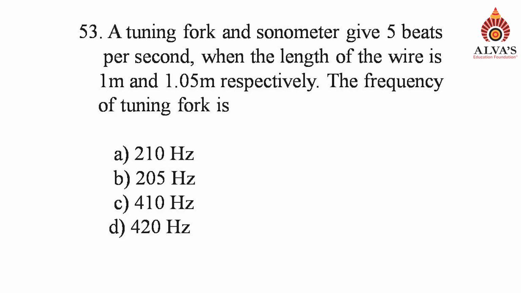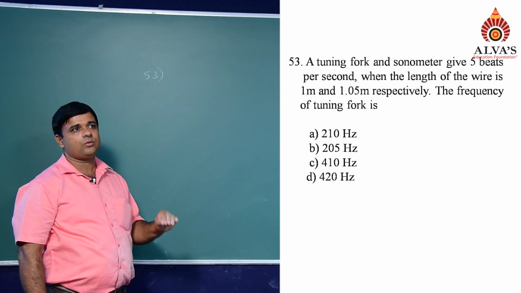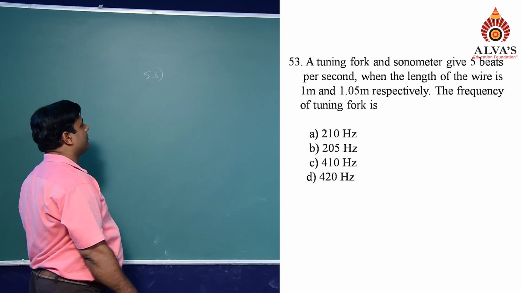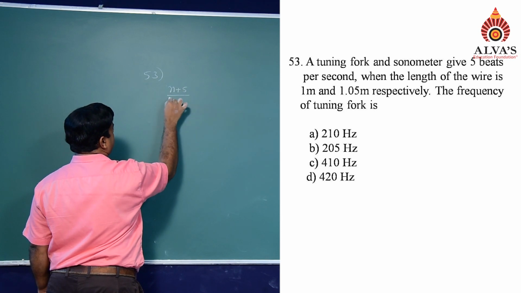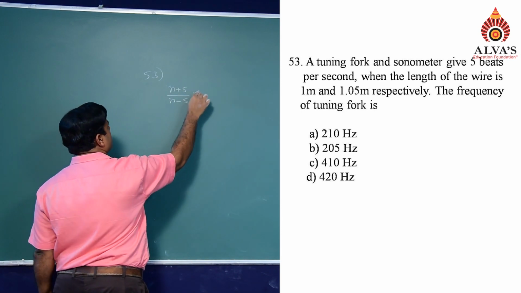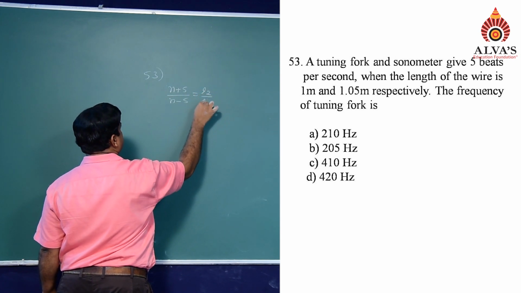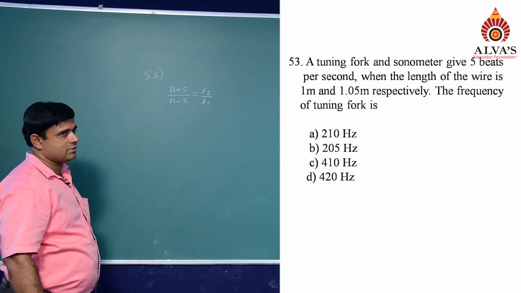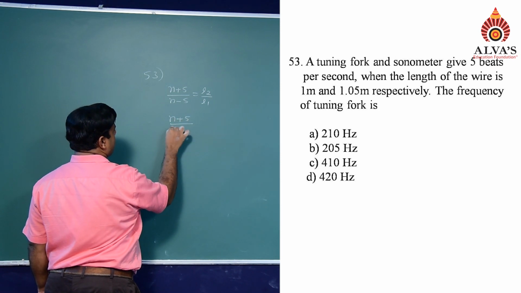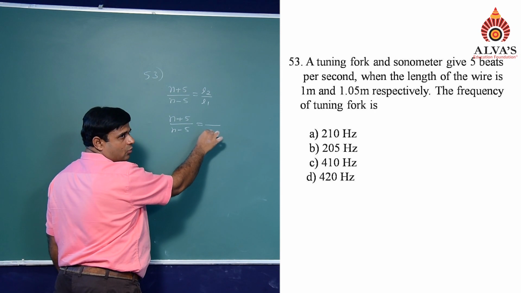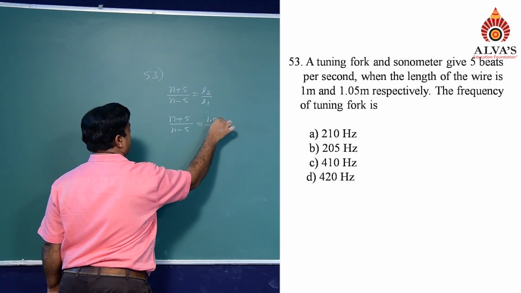A tuning fork and sonometer give 5 beats per second when the length of the wire is 1 meter and 1.05 meter respectively. The frequency of tuning fork is. So, sonometer gives 5 beats per second with the tuning fork for 2 different lengths, implies in one case its frequency should be larger than the tuning fork by 5, another case smaller than the tuning fork by 5. Therefore, I can write as n plus 5 and n minus 5. Frequency is inversely proportional to length, so it is L2 divided by L1. When length is smaller, frequency should be larger. So, n plus 5 by n minus 5, larger frequency, smaller length 1, smaller frequency, larger length, which is